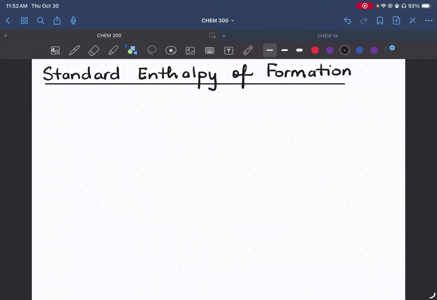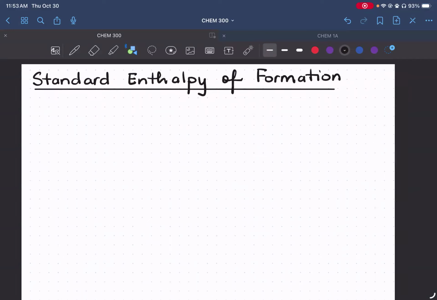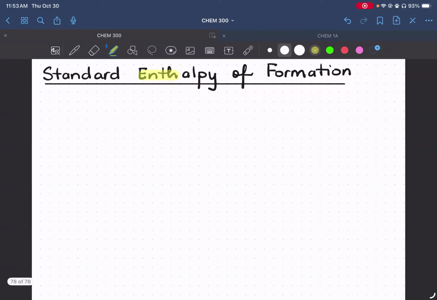You see, the thing about energy is that the word energy is very broad. You can refer to various types of energy. If you've ever taken a high school physics class, then you may have heard of potential energy. Maybe you've heard of kinetic energy. There's various types of energy. So within the context of chemistry, we refer to it as enthalpy. To be absolutely clear, the word enthalpy is interchangeable with energy, but it's the specific term we use to